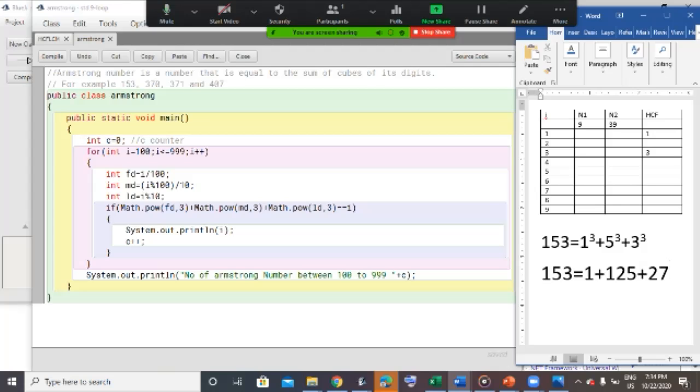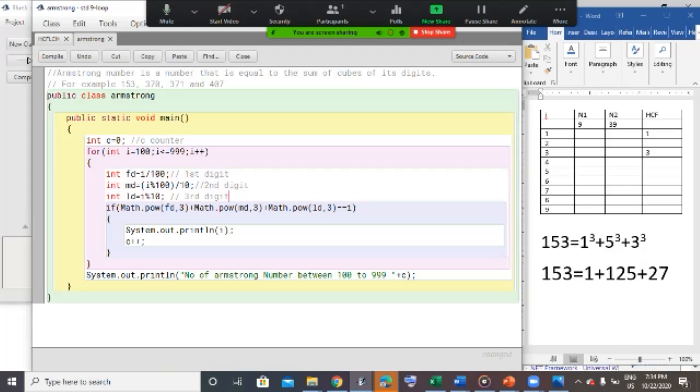Now you must be knowing extraction of digits. This is the logic for extracting the first digit. Then this is the logic to extract the second digit, and the last one, LD, is for the last digit, as the variable name also suggests.